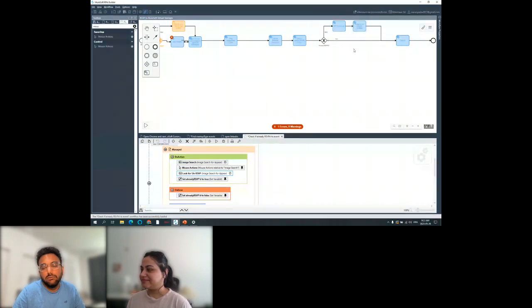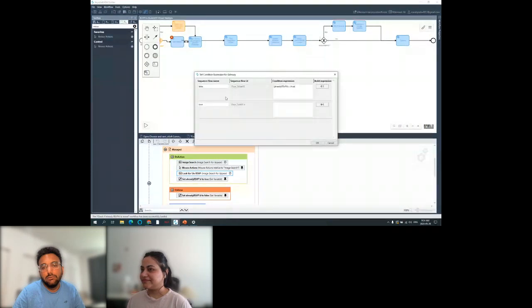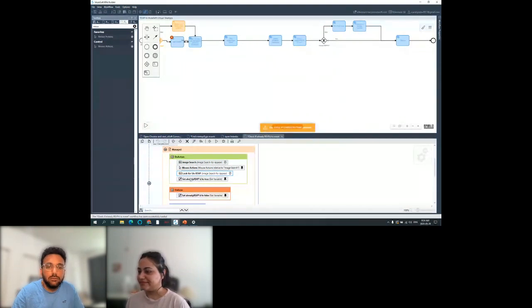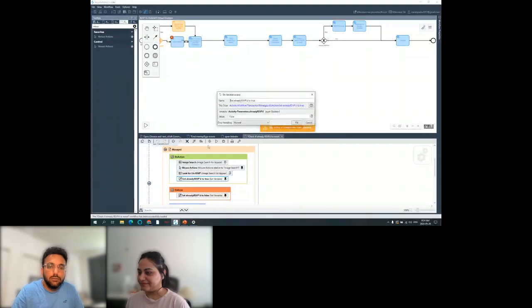Got it? So this particular gateway, if you see here, is like a choice router in MuleSoft, in Anypoint Studio, right? We have a choice router. Same thing we are doing. But how does this particular set condition expression for the gateway know? So here I am doing something. There is a parameter called set variable wizard. Set variable is literally our set variable in MuleSoft.